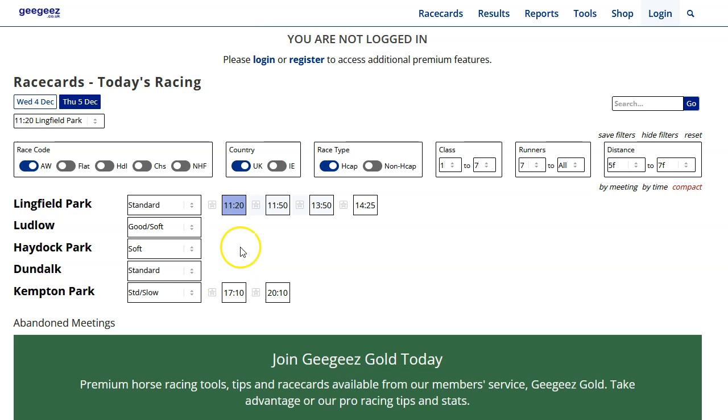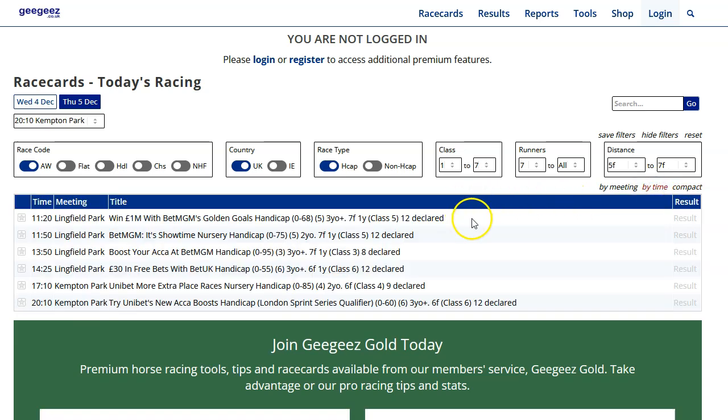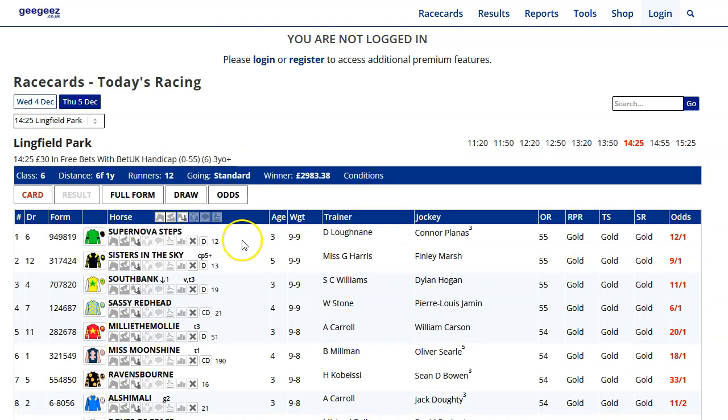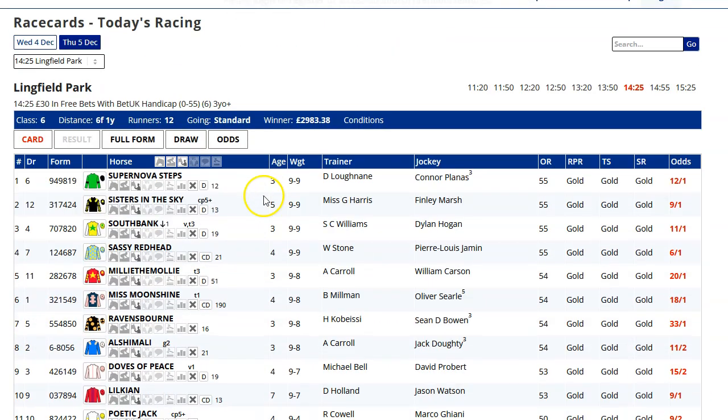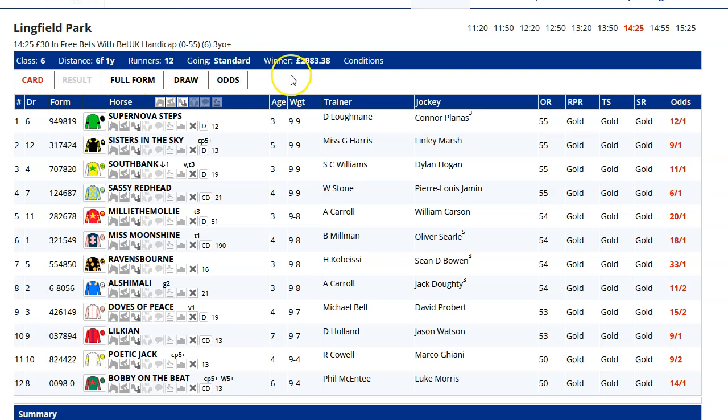So we've now got these 6 races here which fit the bill. If I put it on the by time version, I can see the race distance for each specific race. I think I'm going to look at this 2:25 at Lingfield, and you can see straight away here that I've got a subset of the tabs at the top,